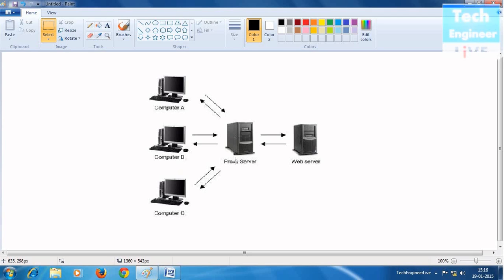In this tutorial, we share about proxy server. The proxy server, what is the benefit of proxy server? The concept of proxy server. Now, proxy server is very important in today's internet world, and it's basically providing us a lot of benefits regarding